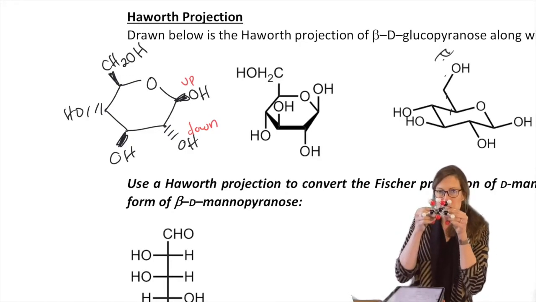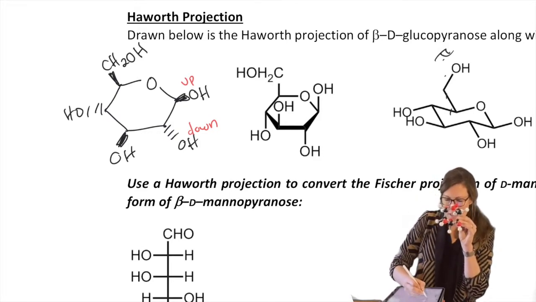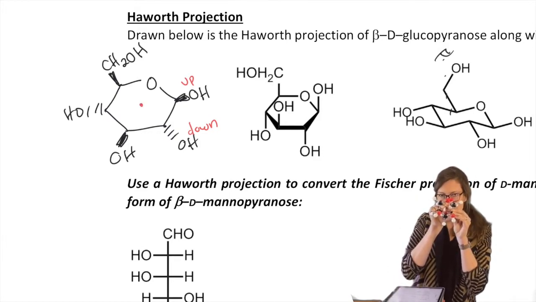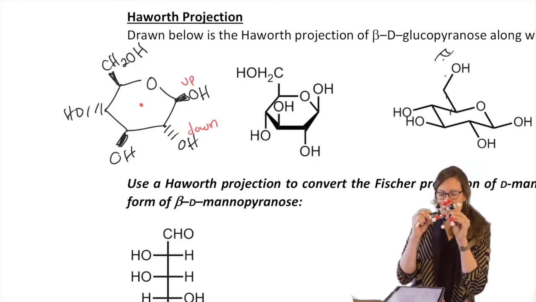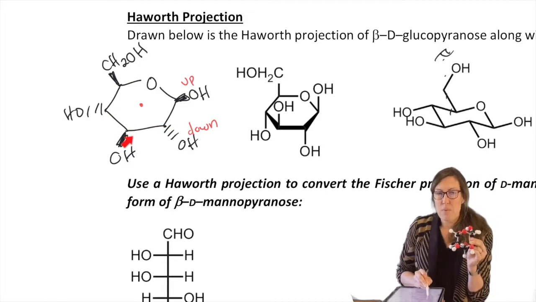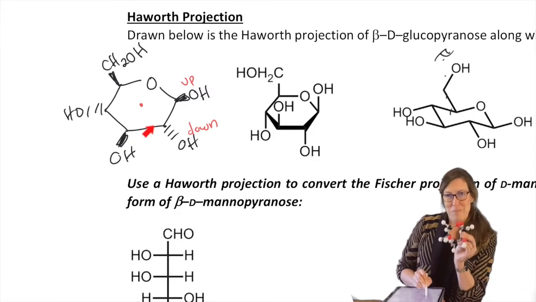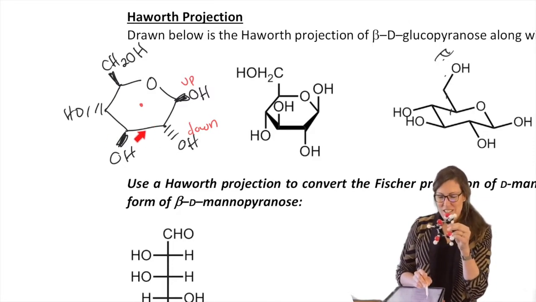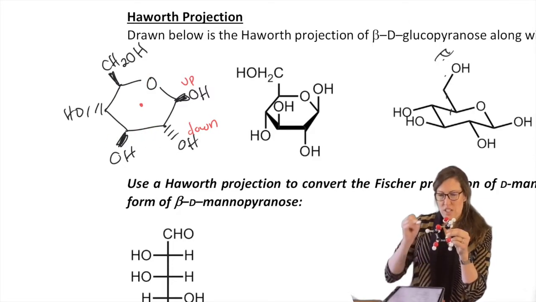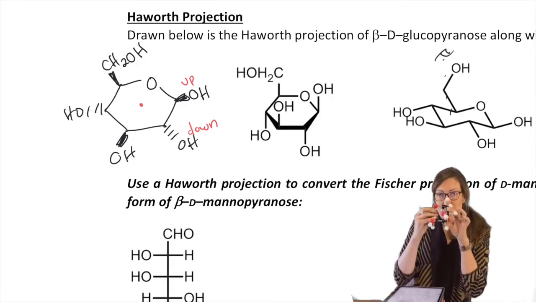So if you take your model, look at it straight so that you can see down that middle, like right here. Look at it straight down so you can see that center point. Now take that model and then orient it so it matches what's on the paper. So we have that oxygen in the upper right-hand corner. We have the hexagon ring lying on its side, not a point, not a vertex. Like a Frost diagram, you might be used to drawing them on a point. We want them on the side. And then we want the OH at the top here. All right, so orient it like that.